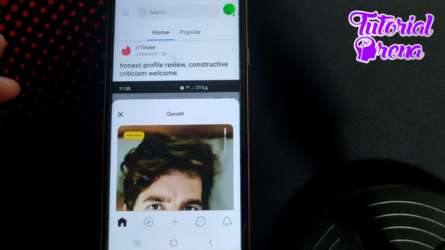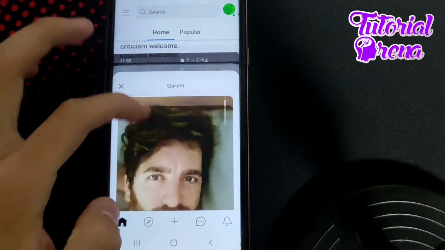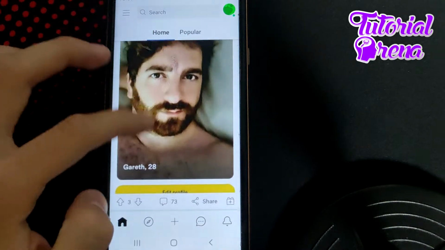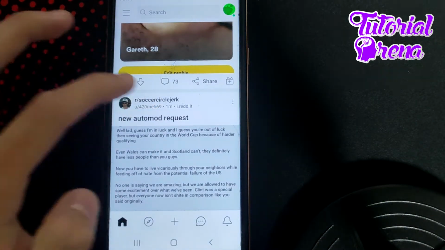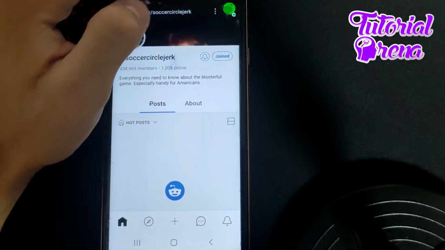How to report someone on Reddit. Firstly, you want to open up your feed screen and get on a profile that you are not interested in, for example this one. You simply need to go on it and then tap on the three